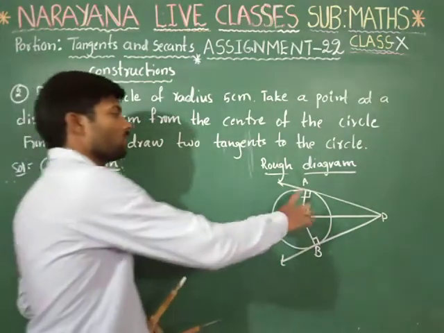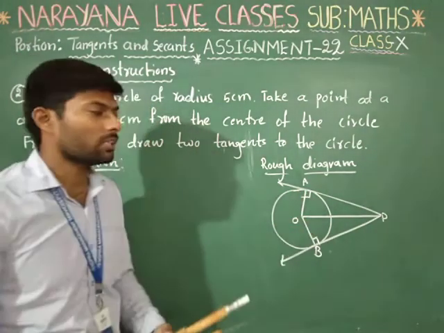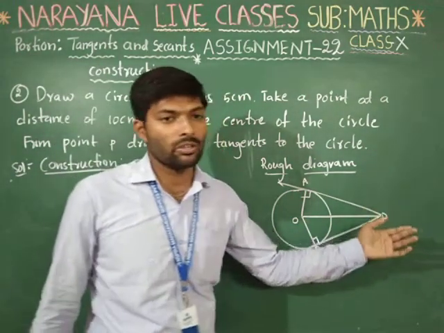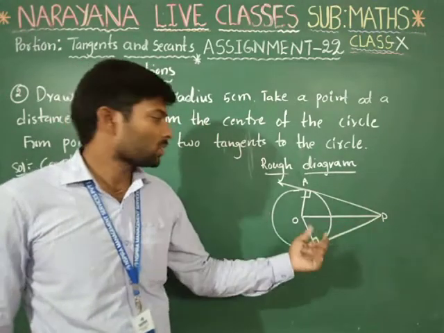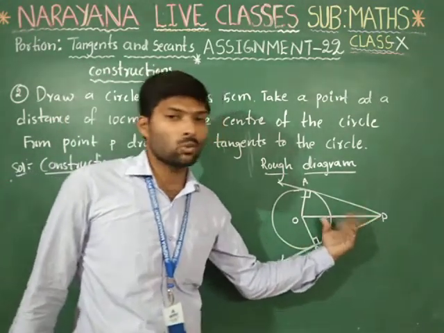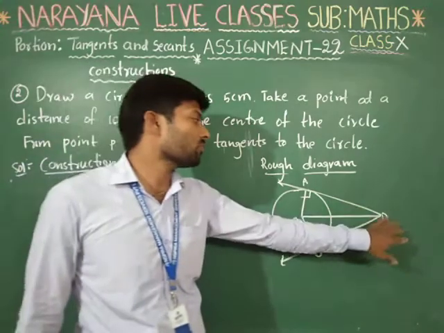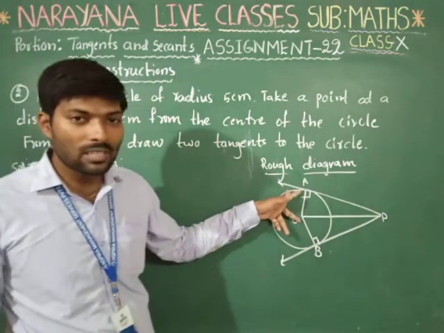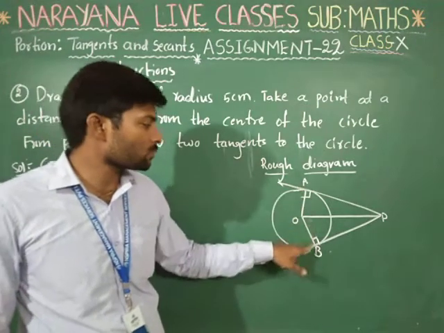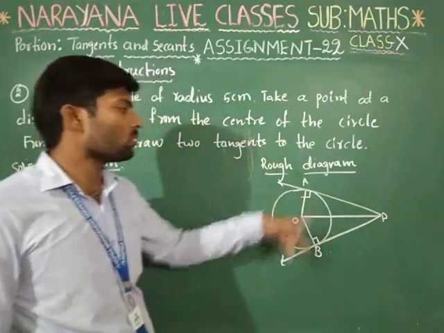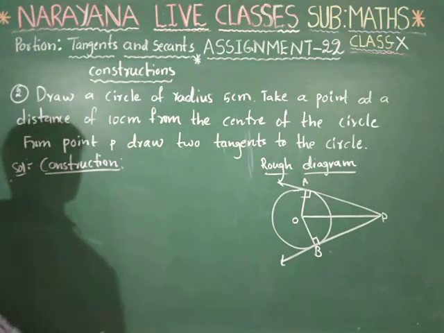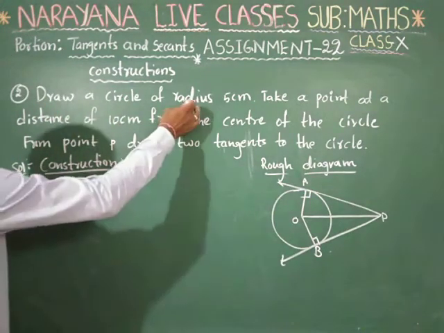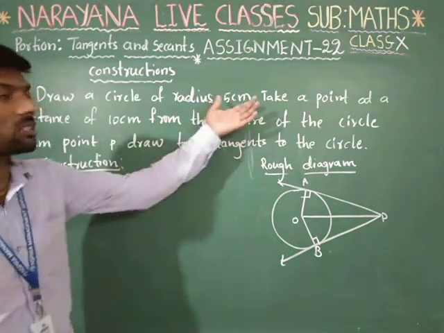Okay, the circle with the center O, and the point P is an external point which is outside the circle. The distance from P to O is OP. So from that external point we have to draw two tangents. They touch the given circle at two different points, point A as well as point B. So now we have to draw these two tangents with these measurements. Before going to that, first we have to draw a circle with a radius of 5 centimeters.